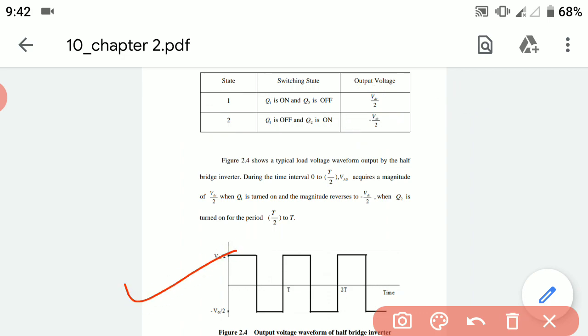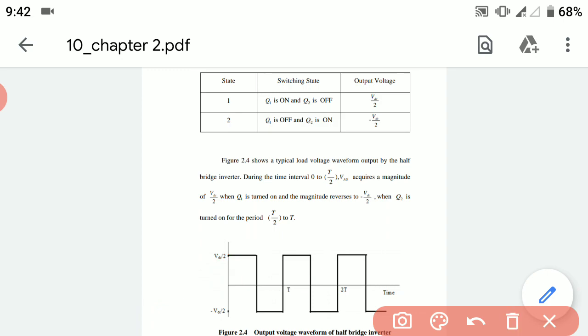Here the output voltage is not a sine wave. The output voltage is in the form of a square wave. We can change this square wave into a sine wave, triangular wave or sawtooth wave as we desire, but we have actually produced a positive and negative peak of an AC voltage.